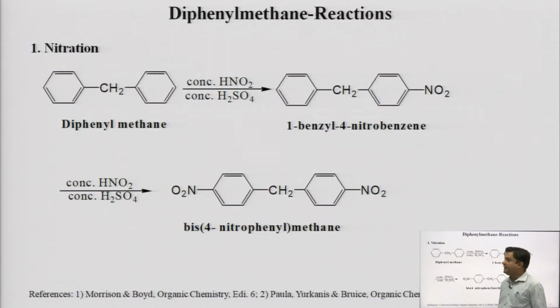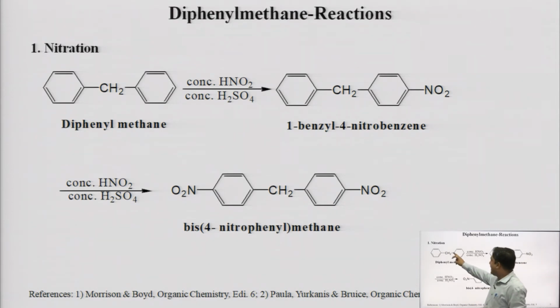Now, coming to the reactions of diphenyl methane. First of all, as this molecule has 2 benzene rings, because of the presence of those 2 benzene rings, it easily undergoes the electrophilic substitution reaction. And because this also has a CH2 group, a bridge carbon which joins the 2 benzene rings together,